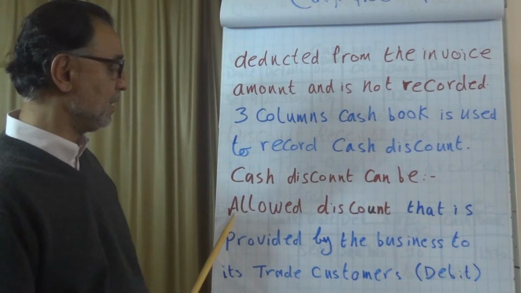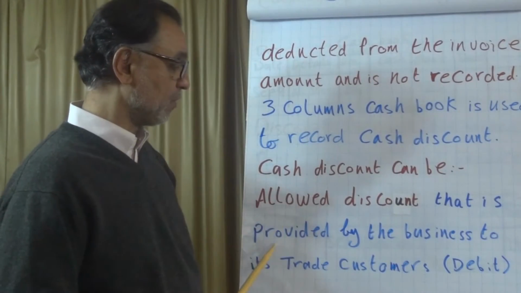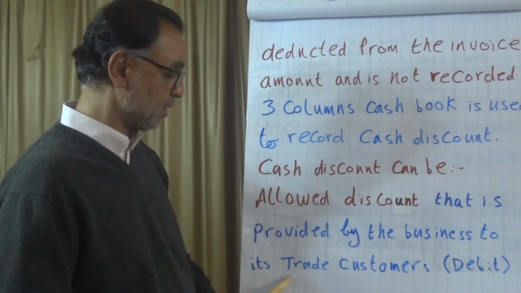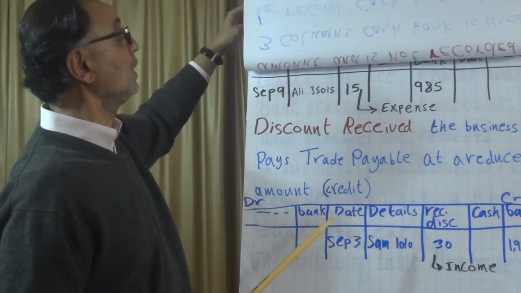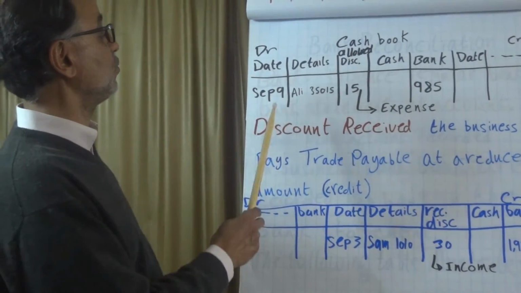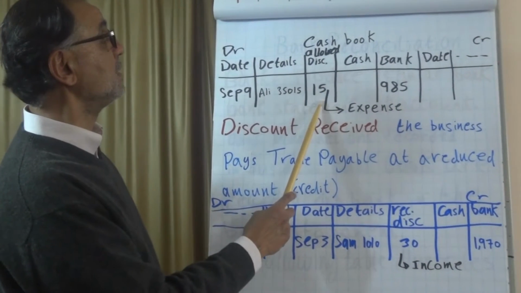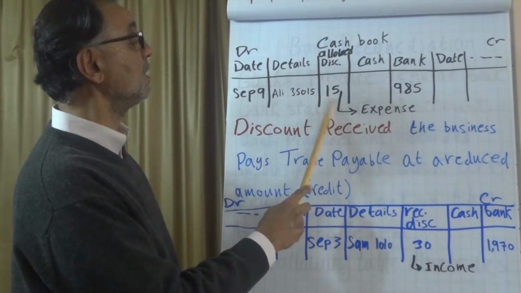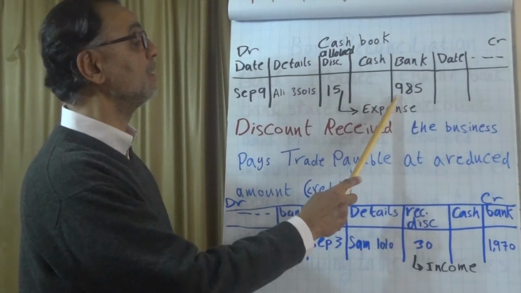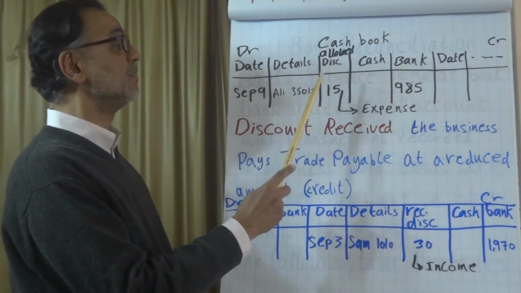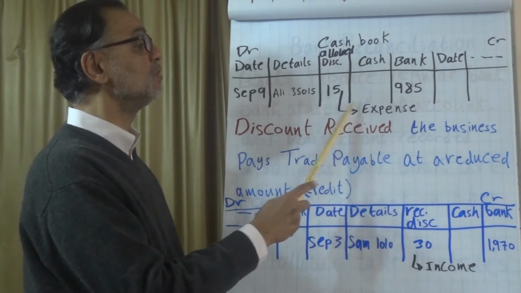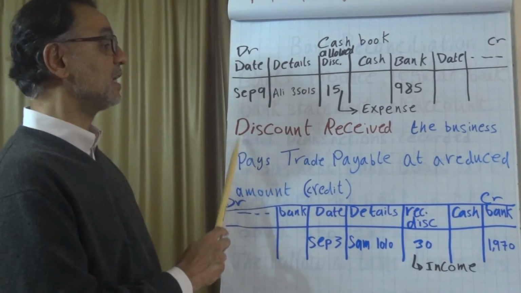Cash discount can be allowed discount that's provided by the business to its trade customer. So here we received from Ali. Ali received a discount of 15 and he paid 985. His balance was 1,000, but he received the allowed discount of 15, so he paid 985. Discount received,